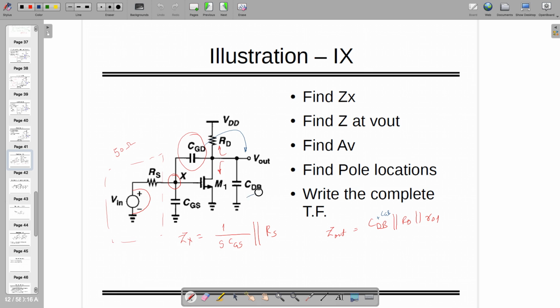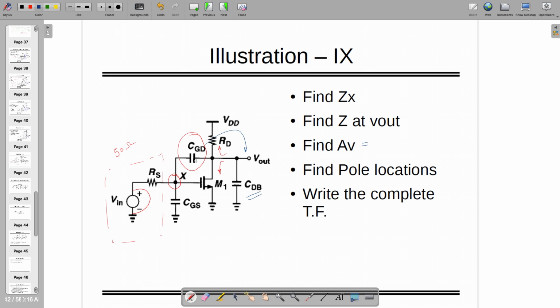Yeah. So as shown over here, it's only CDB which can be taken into account because CSD is very low. Anyway, it doesn't matter. The only thing is it's a whole theory of how you are connecting these capacitors, how you are decomposing that, and how you are getting the values. Now for such a thing, I need to find out the AV,